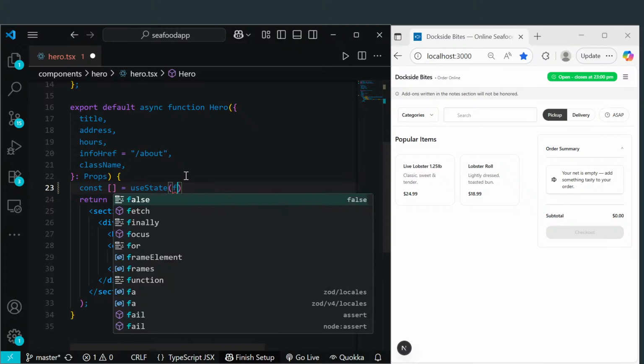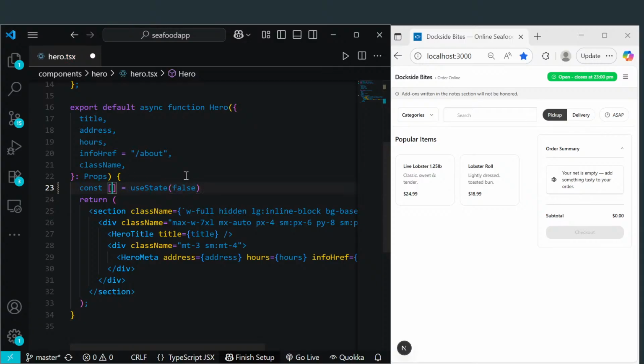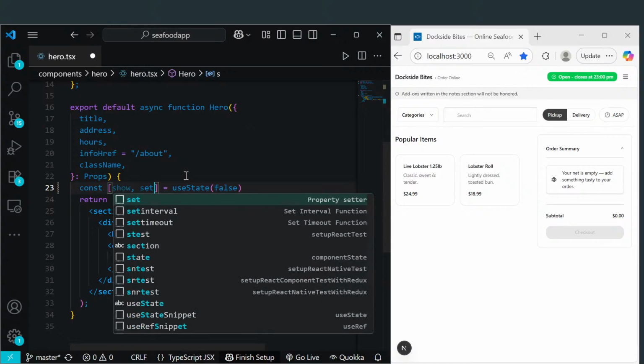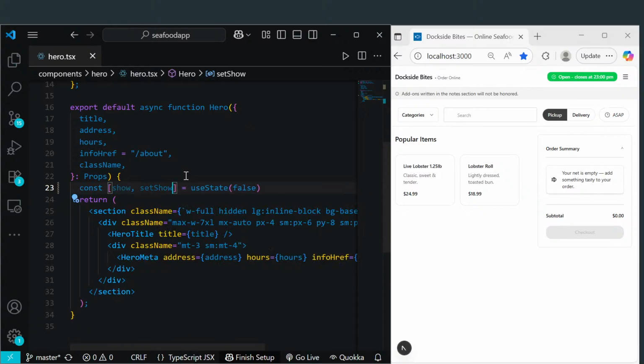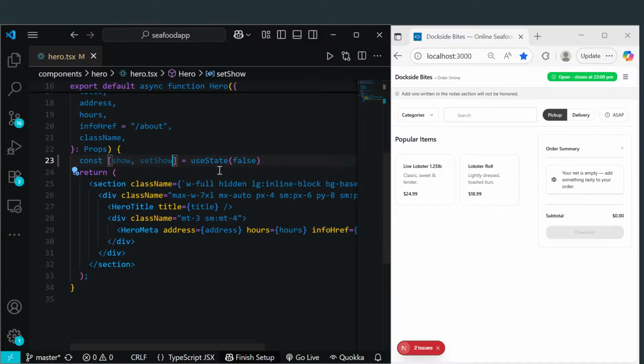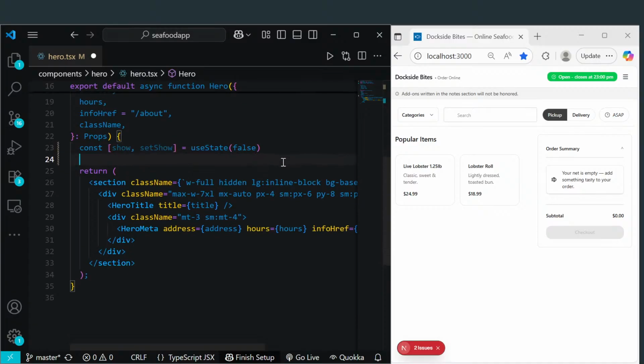And it's going to be very, very simple. So we'll go show or set show. And basically, we're just going to use effect to delay the showing of the text, and the set timeout API interval. More JavaScript for those that don't believe in learning the fundamentals. I'm telling you, it makes your coding experience so much easier and so much better. But we'll go with use effect,